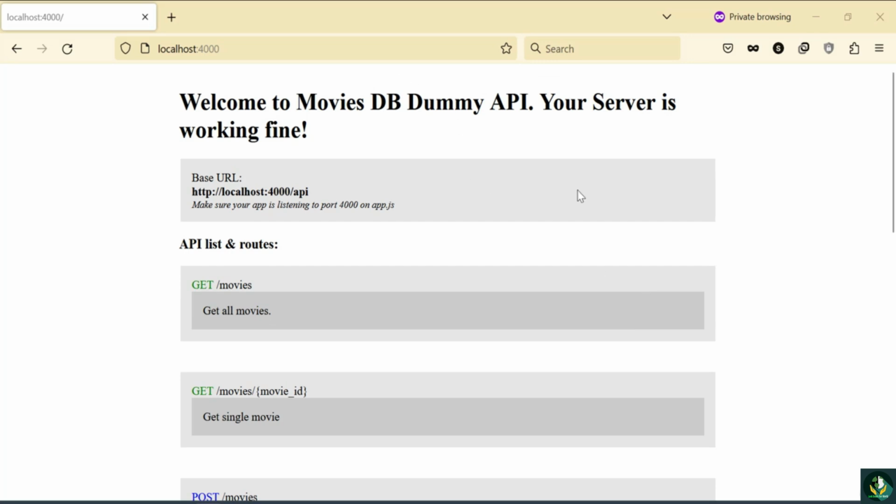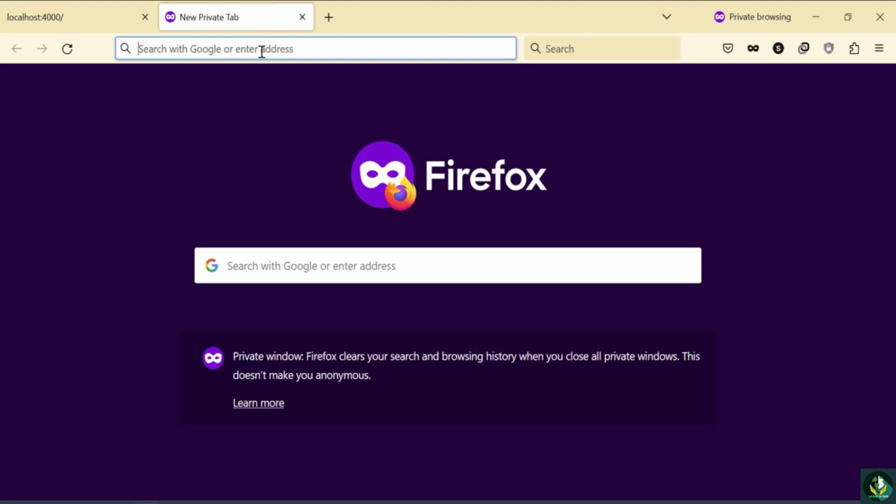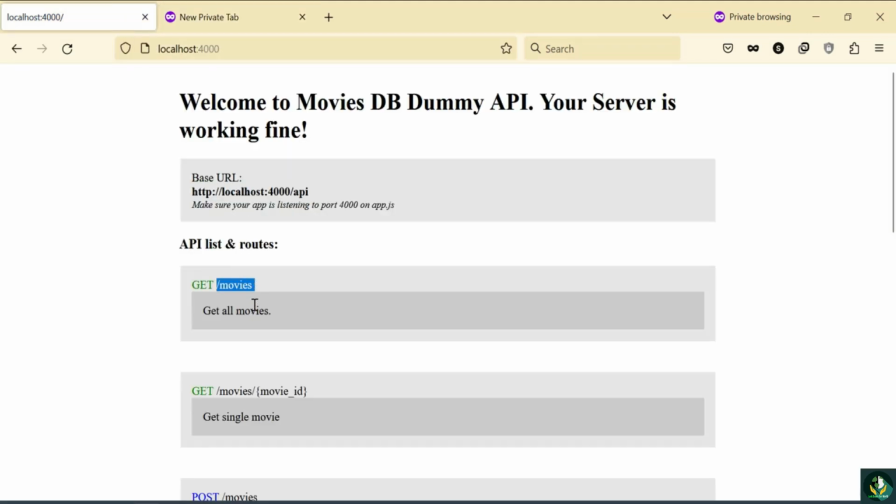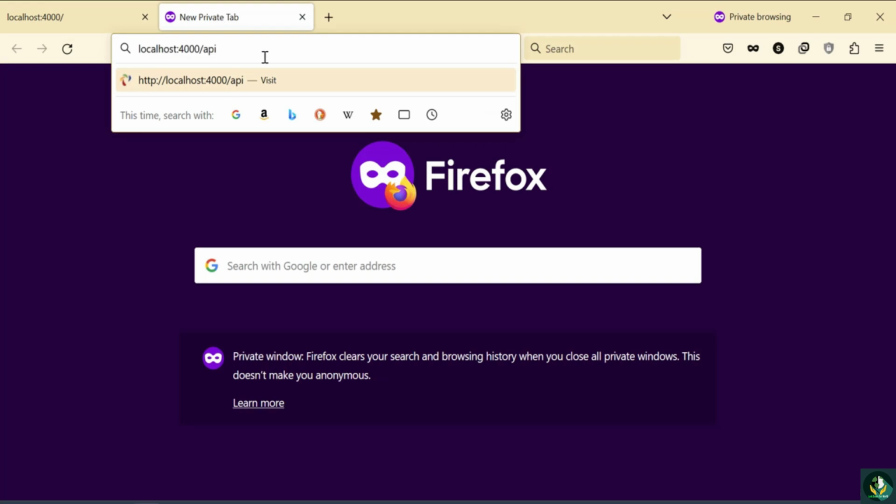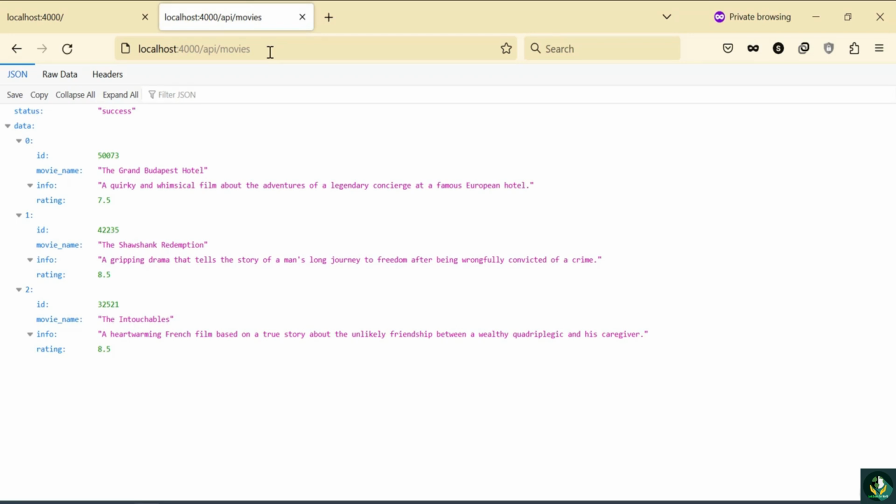So let's go ahead and see what API endpoints we can test. The documentation states that the base URL for testing our API is localhost:4000/api. The combination of base URL, the method on it, and the route is what makes the API URL complete. So let's try our first API endpoint, which is get all movies. For that, let's copy the base URL and then the route for get all movies. So localhost:4000/api/movies, and if I browse through this URL,